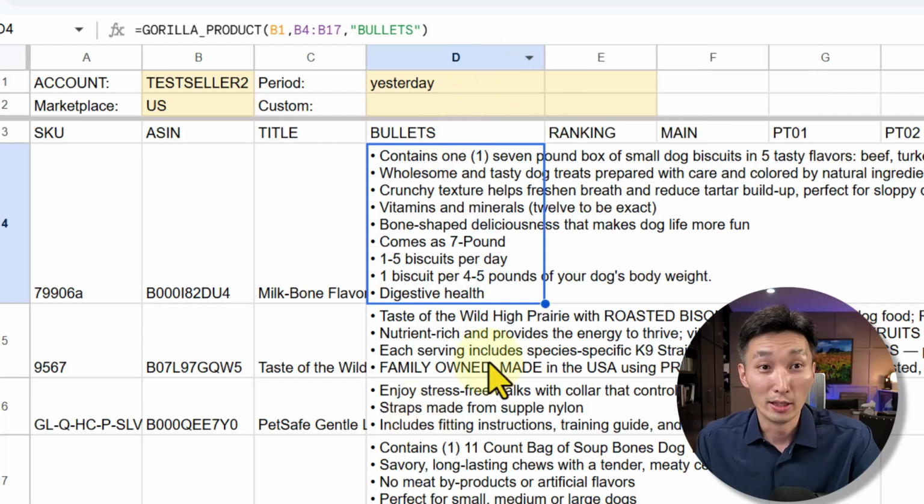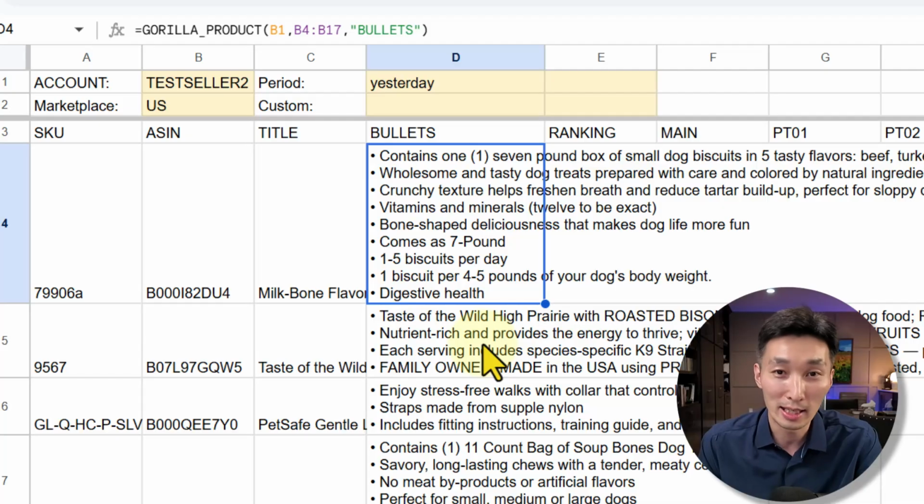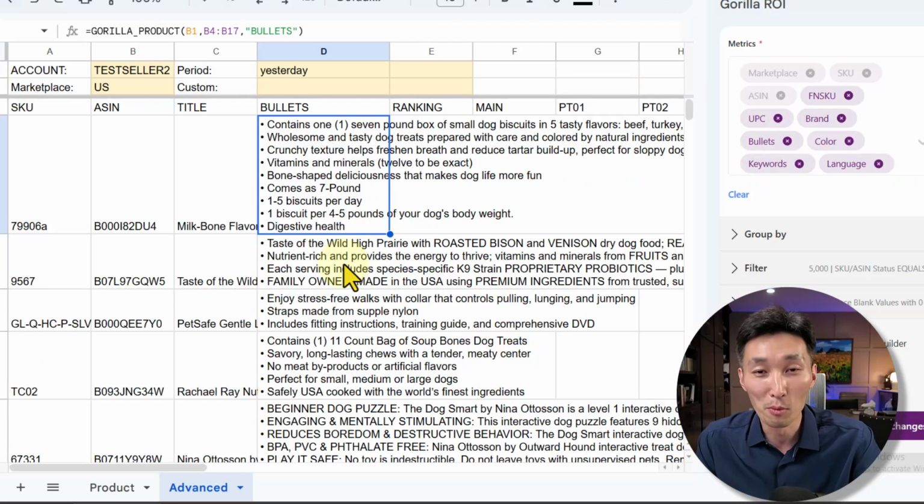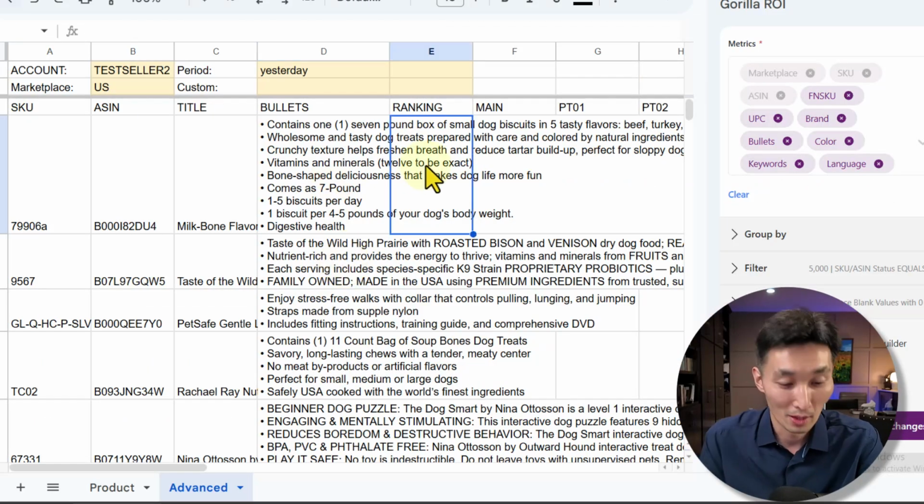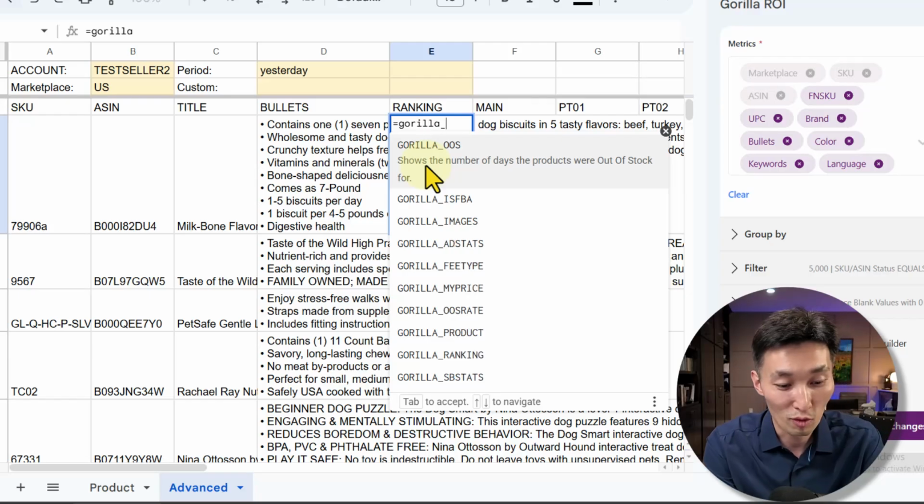Now try doing this, like I said, manually scraping data. You're going to be spending more time trying to fix your broken code, or fixing the code that whatever GPT gives you, rather than actually getting to work and selling more stuff on Amazon. Let's quickly fill out the rest.